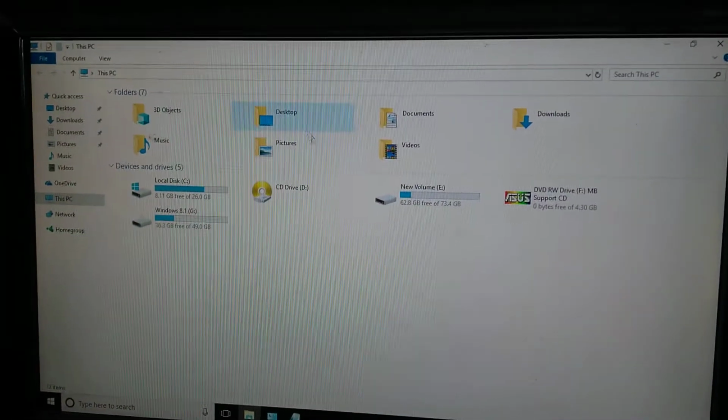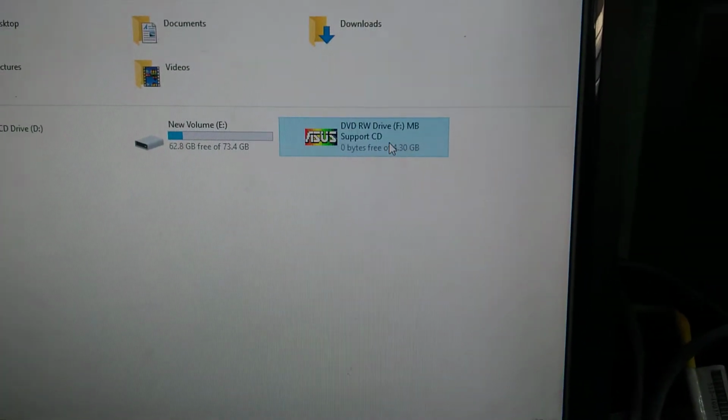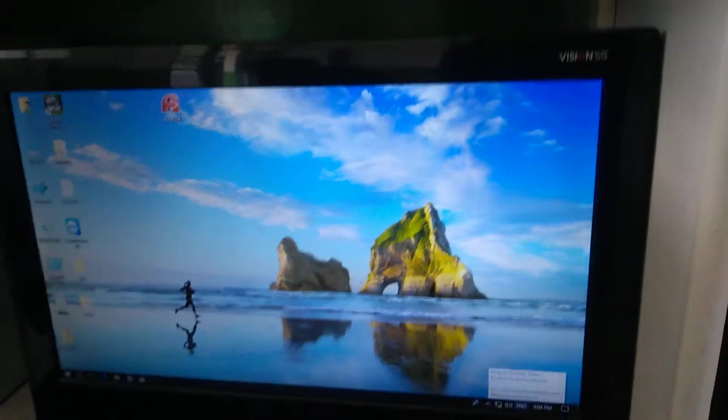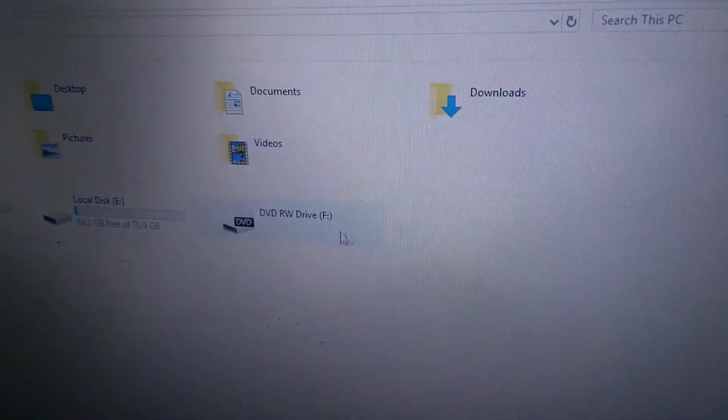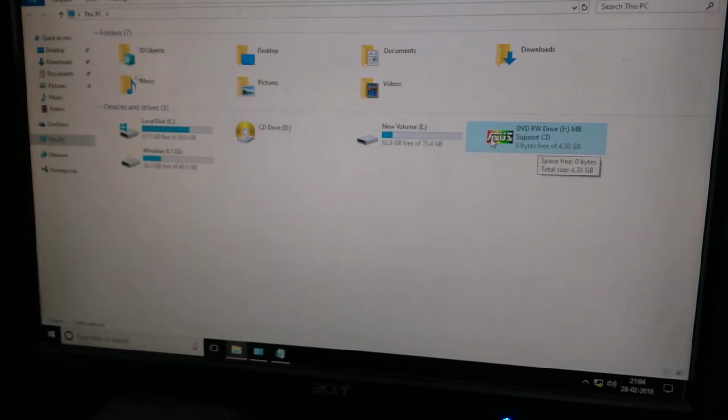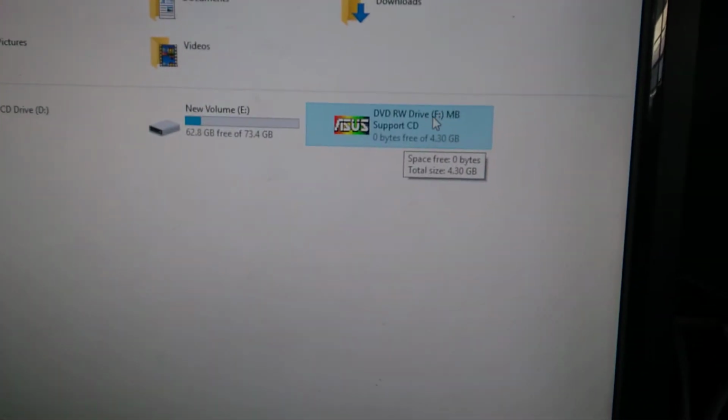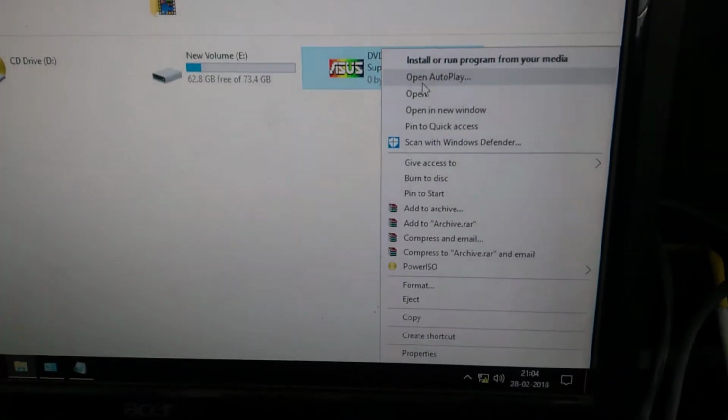When you open your computer, the DVD is already there. But here, can you check from here? But here, the DVD is not there. So how to share that one? Come here. Right click on this DVD drive. Right click. Click on